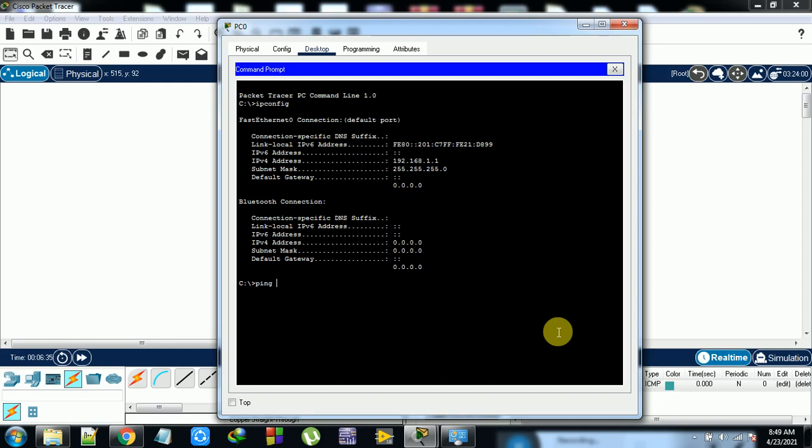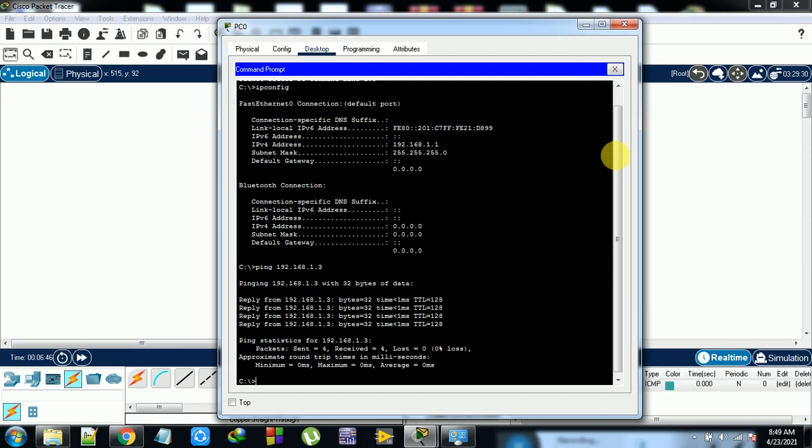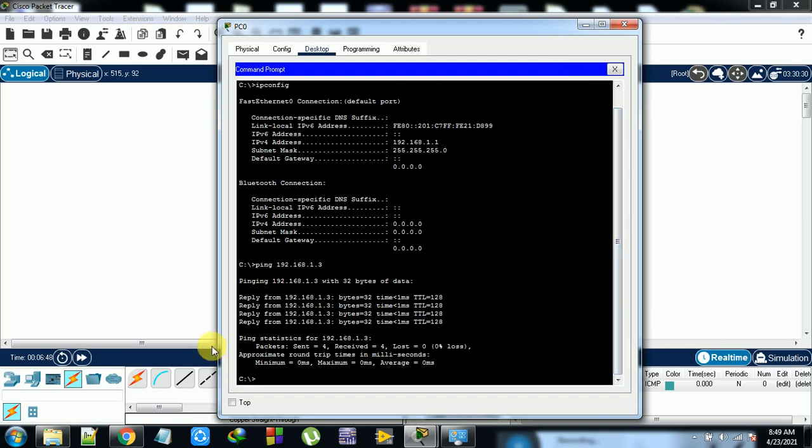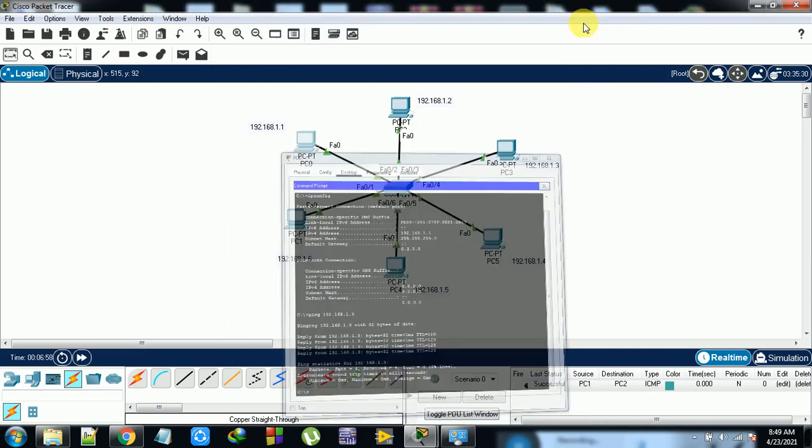Ping 192.168.1.3. See, it is sending certain information and we got a reply. Packets sent 4, received 4, loss is 0. That means the system is working properly. Like this we can check anything.